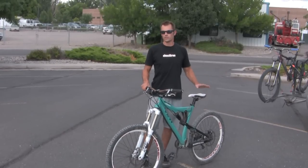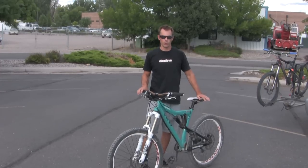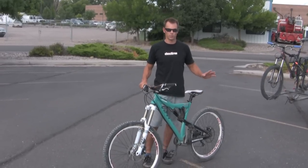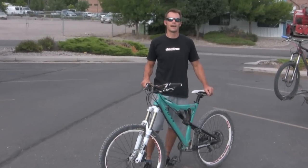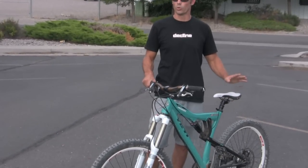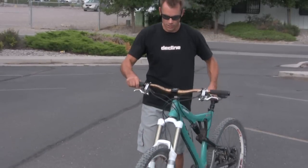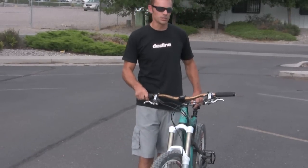So first, cornering is about leaning your bike over, not about turning the handlebars. And again, there's a lot of people that can explain all of the physics behind that better than I can, so I won't even try, but just trust me, it works better leaning the bike than turning the handlebars. So to lean the bike though, the first thing that you got to do is be able to separate